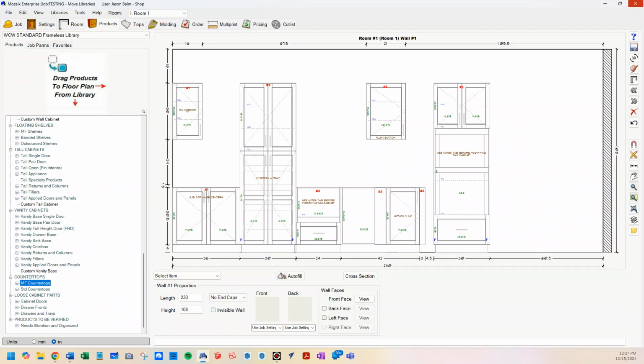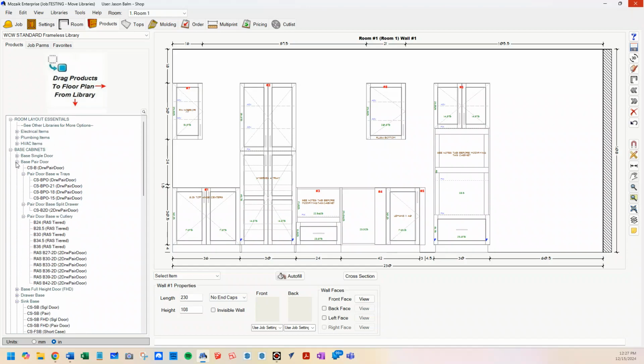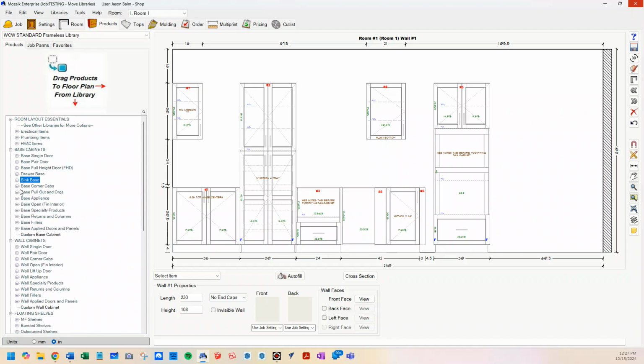So I guess what I'd like to touch on is, if you're going to build out a library, you're going to work through restructuring your library. How do you determine what products you want in there? I mean, every company is going to be a little bit different. But what I would encourage you when you are setting up a product for your library is take the time